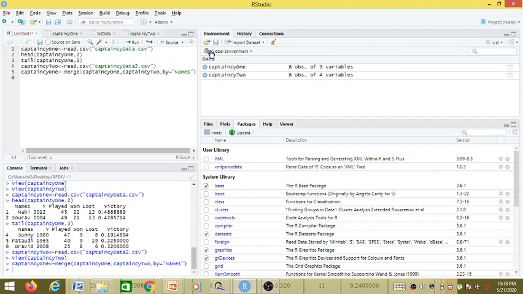now you come to this environment and you can see previously the captaincy 1 data frame had 6 observations with 6 variables in it, 6 columns. Now it has been modified to 9 columns, as 3 extra columns from the captaincy 2 data frame have been merged into the captaincy 1 data frame. We can call a view function to just have a look at our modified captaincy 1 data frame.